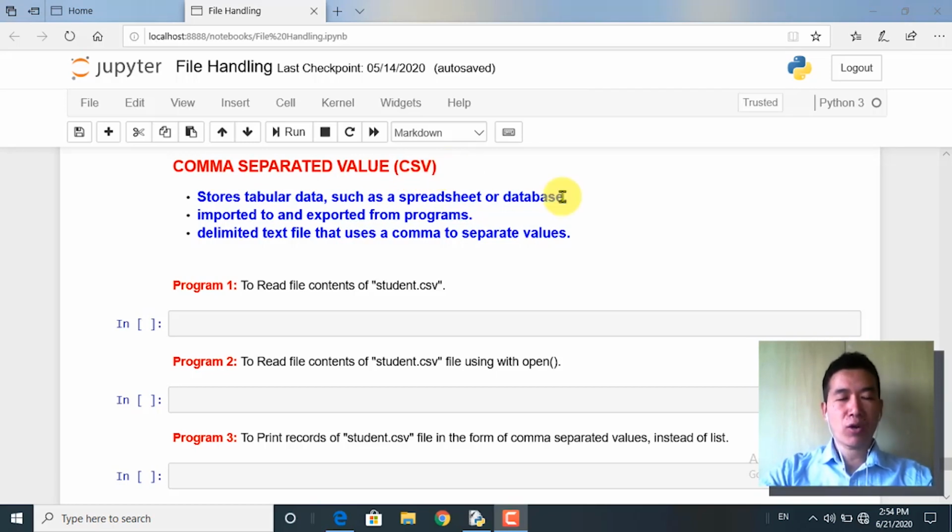Now, before I get on with the concepts of this particular topic, I would like to provide to you a brief introduction on the basics of this file format, which is called comma separated value. I've listed 3 points over here. So first things first,